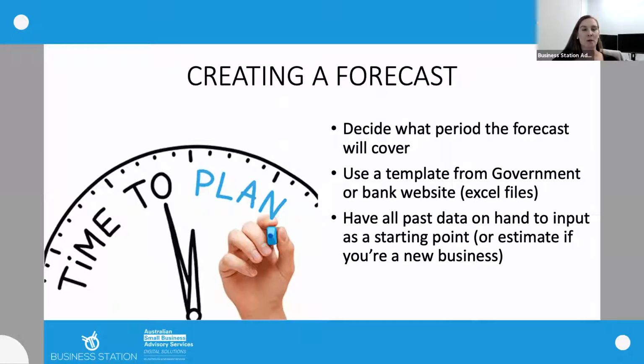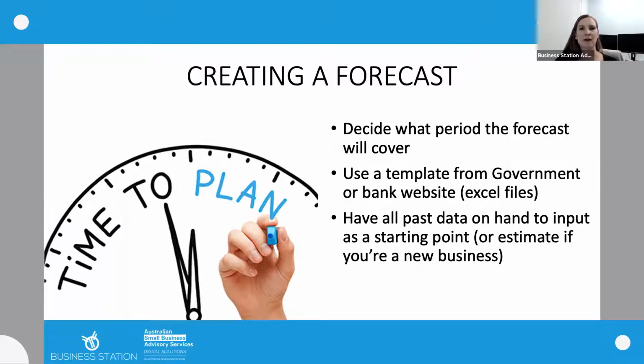Now, because cash flow matters, and it does matter a lot, it's only natural that you should try and do absolutely everything in your power to increase it. So forecasting and knowing exactly when you'll have cash inflows and cash outflows is absolutely crucial. Now, to do that, you need to map it all out. There are tons of different templates available online to be able to do that. The best that I've found are those that you can get through the Australian government websites, but yeah, there is a range. A lot of banks will have templates that you can use. Most of them are downloadable, normally in an Excel format, and they're normally free. So keep that in mind. I'll show you an example in just a minute, and we'll go through the various components on it.